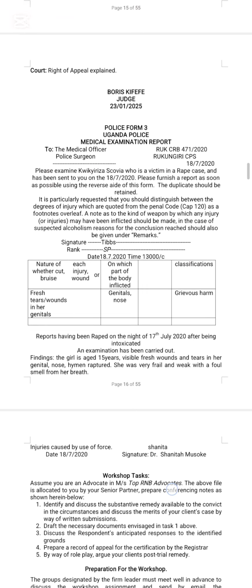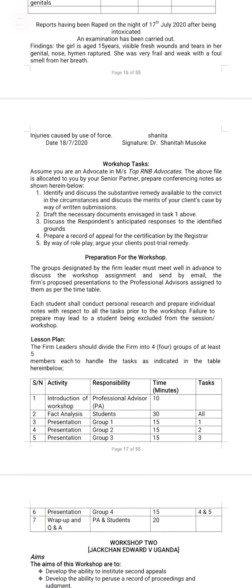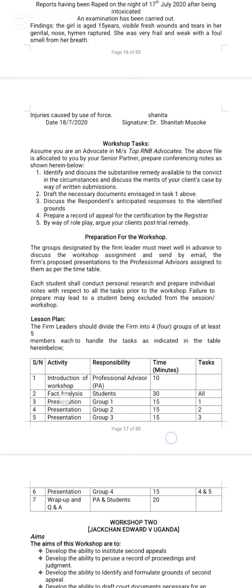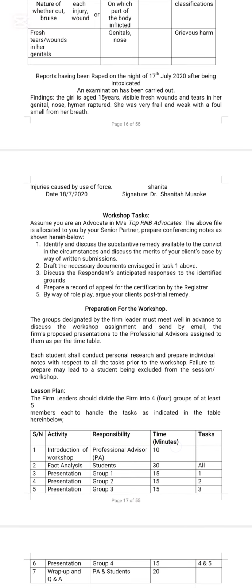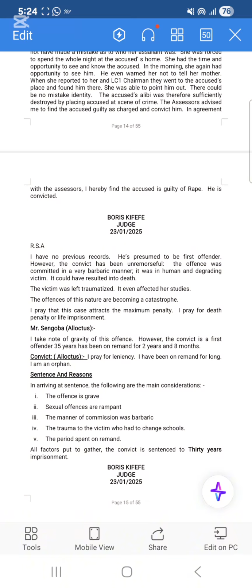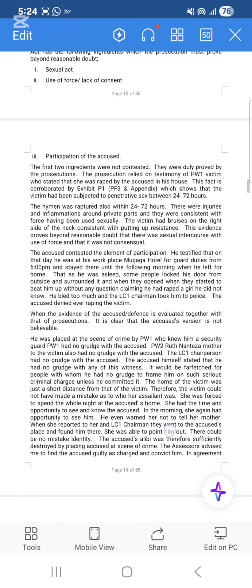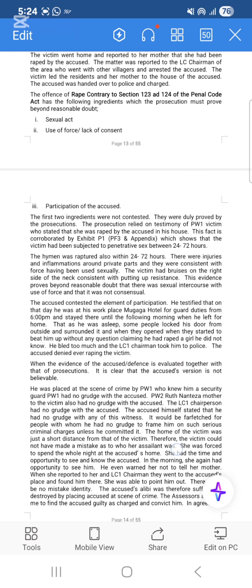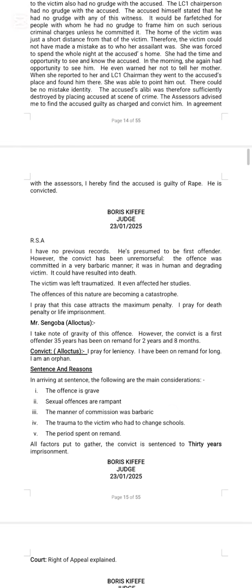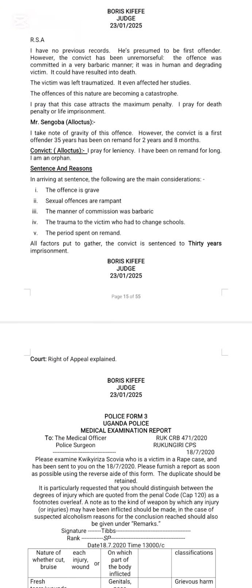I will have the police medical examination report. So we go to the workshop tasks. So far, I'm just done with reading the record of proceedings. And the grounds we can see: one, the trial judge didn't properly evaluate all the ingredients of the offense. Secondly, he ignored the defense of alibi. And then the sentence is severe and harsh. So basically, those are my 3 grounds which I'm going to rely on. And once I have those 3 grounds, then I'm good to go.